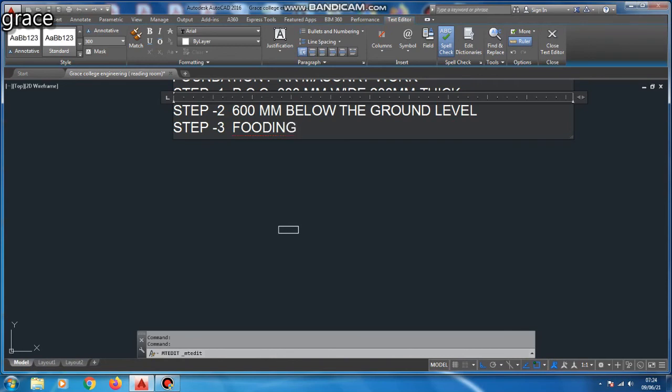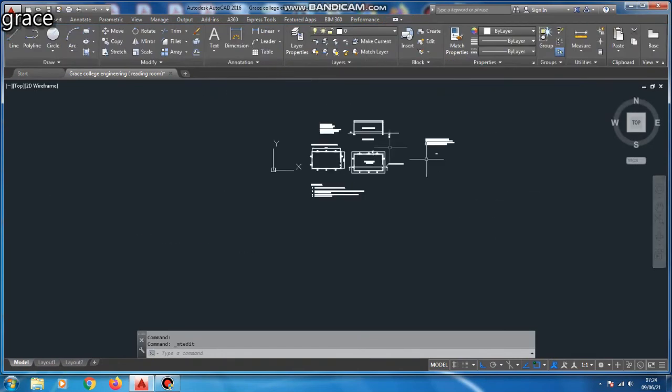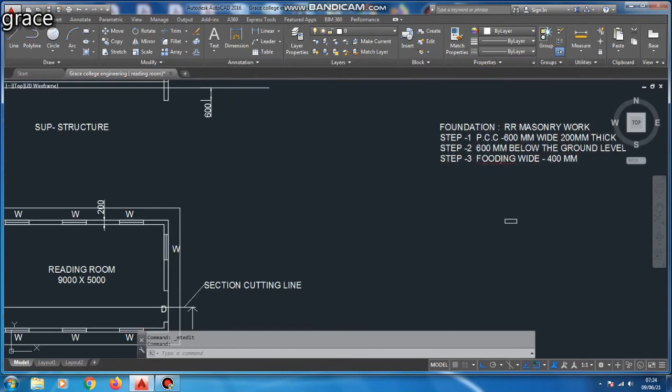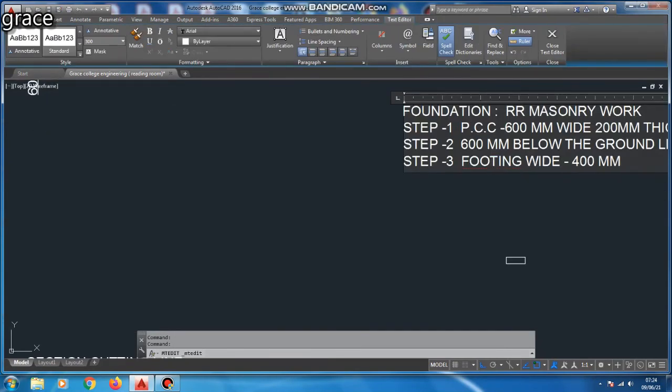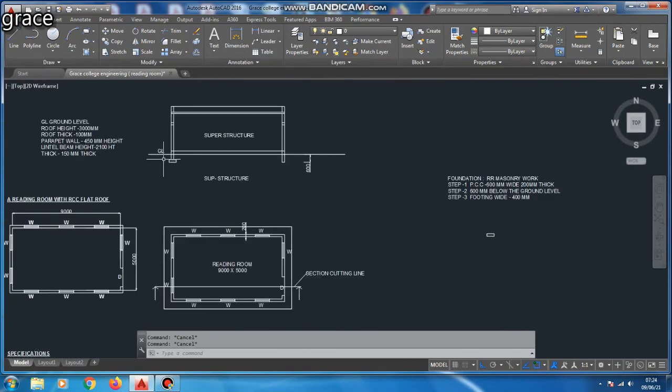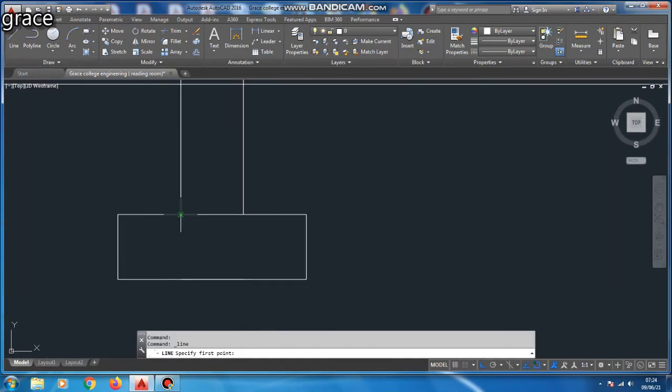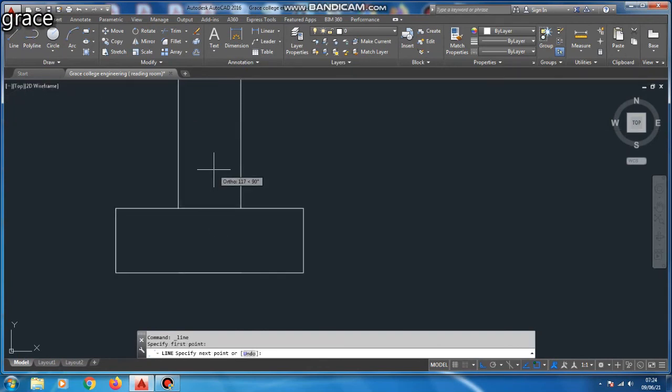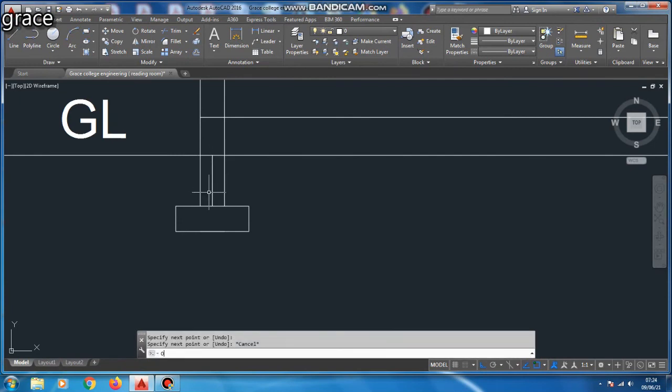Next, we have to fix the thickness of the footing, that is 400 mm. So the footing thickness is 400 mm. So we are going to use the same line command. Draw a perpendicular line from the substructure just to give the offset for 200 mm.